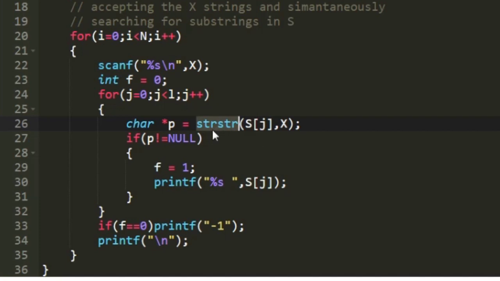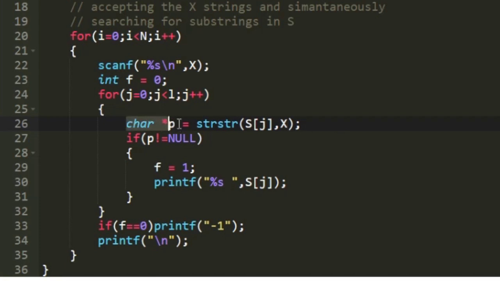What this function does is, if x is a substring of s of j, then strstr would return the whole substring. If x is a substring of s of j, then the whole substring would be present in this pointer p. And if x is not a substring of s of j, then the pointer p would be null.